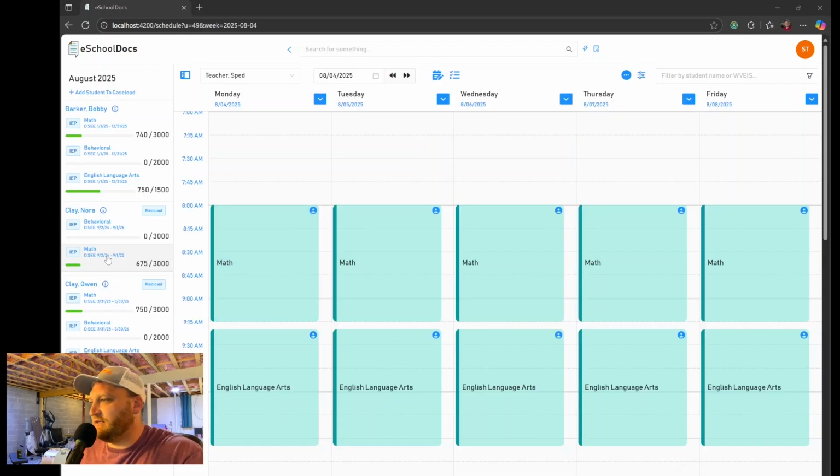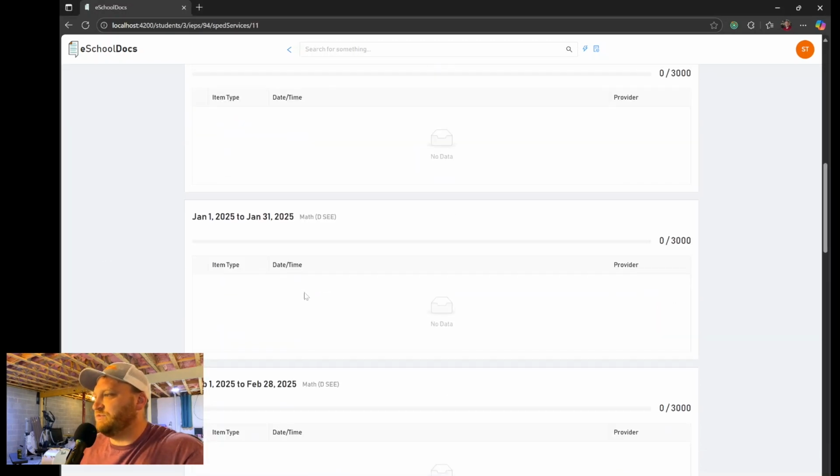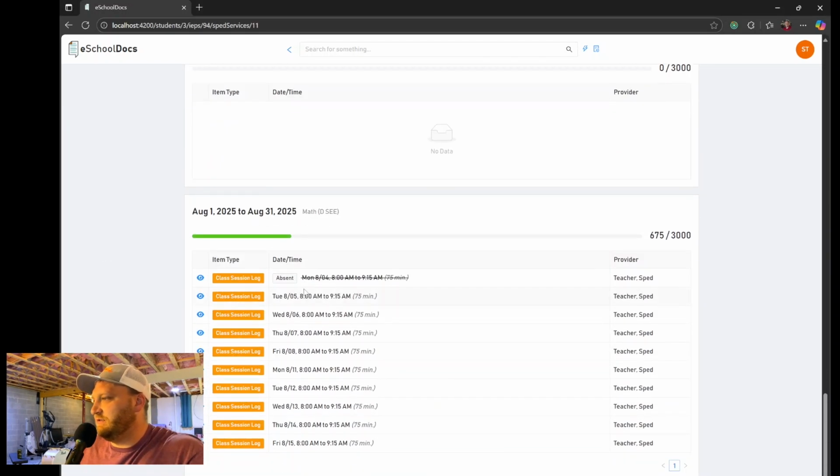And if we go back and look at Nora's monthly tracker, we scroll down to August, and we'll see that this first one, the one that we marked her as absent, shows absent right here. There's a big line through that to show you that these minutes do not apply to the overall monthly tracker. And again, we'll see up here 675 out of 3,000 because 75 minutes from the previous total were subtracted